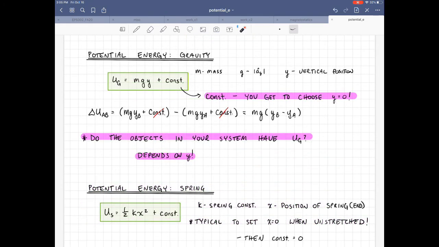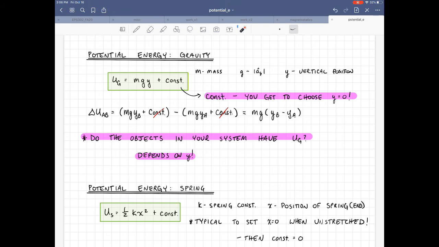All right, so we've got 2 types of potential energy that we're going to be dealing with in 101. The first is gravitational potential energy. Potential energy is designated with a U, I'm going to use a subscript G for gravity, and the functional form for potential energy due to gravity is mgy. So what's the mass of the object? g, the acceleration due to gravity near the surface of, in most cases, the Earth, and then y,